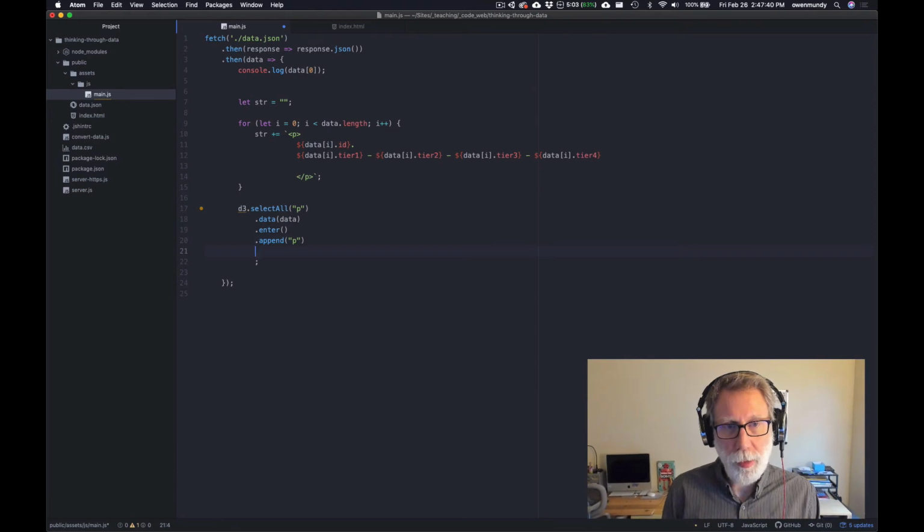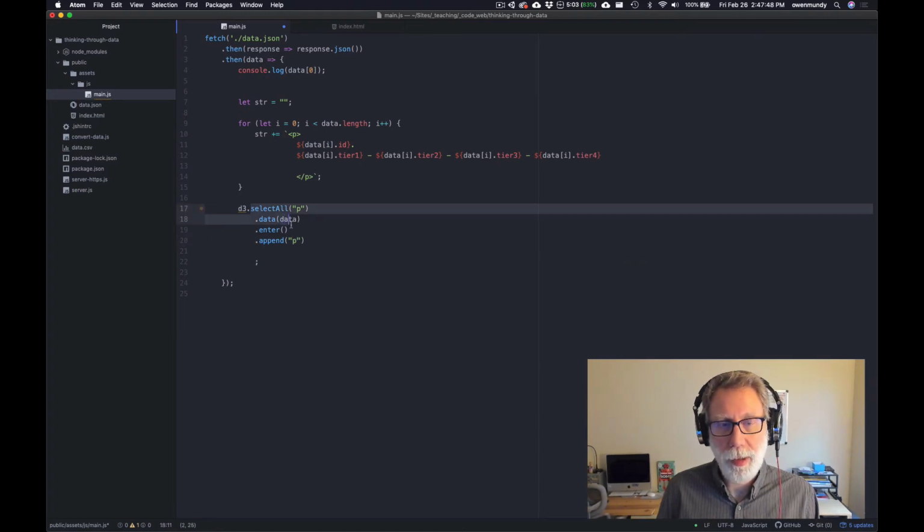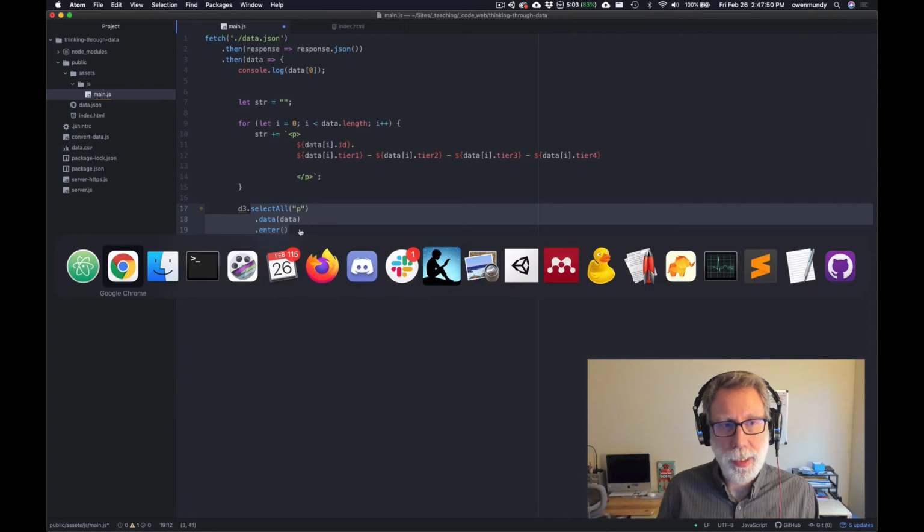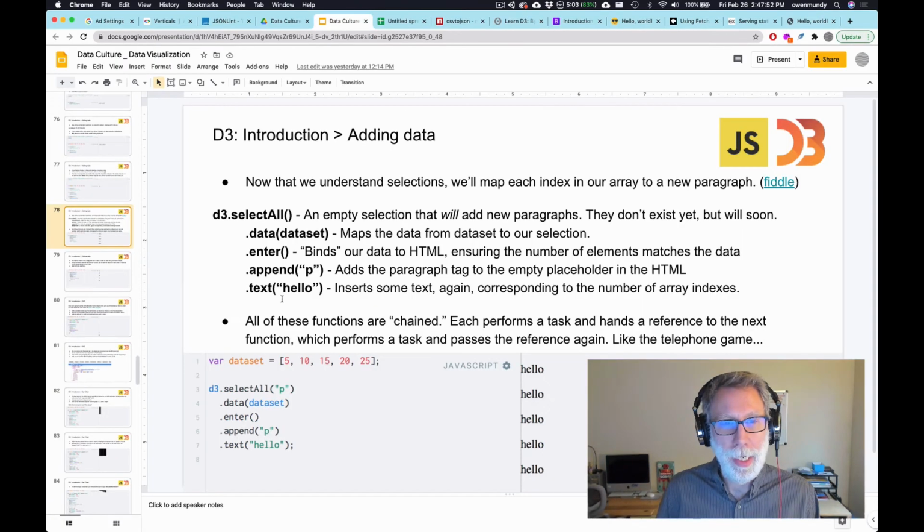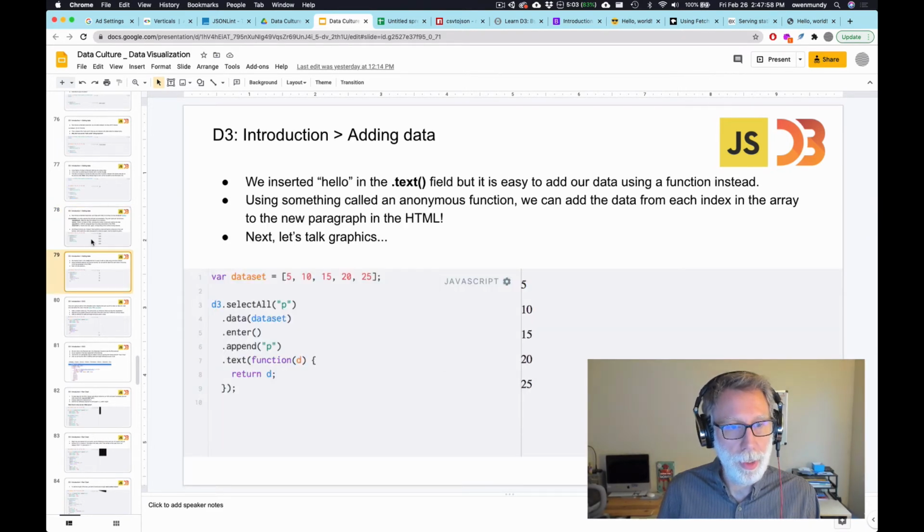So we have to tell it to add a new paragraph for each line, each row of data, and then it'll select all and match all the data and bind all the data. And then finally, in this example, I used hello for each one,